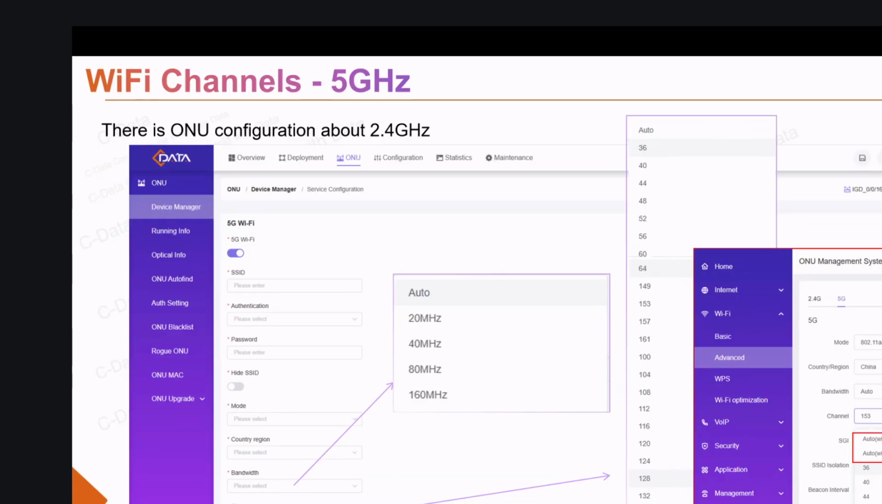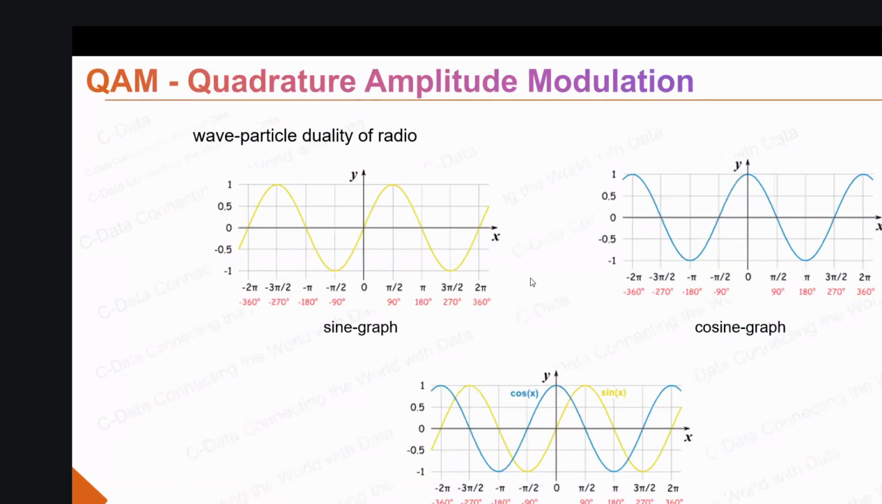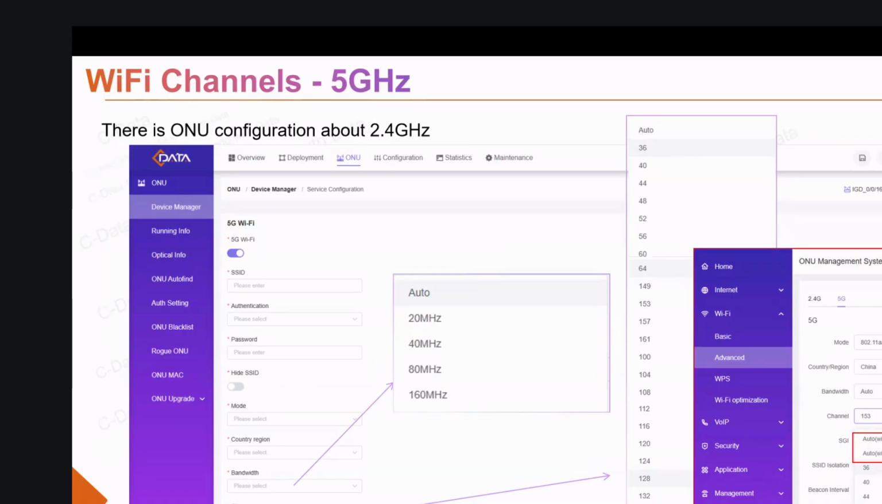And then here is the dynamic frequency. This one is for the radar, from the radar using. We can manually avoid it, or we can automatically avoid it. Okay. So since we know